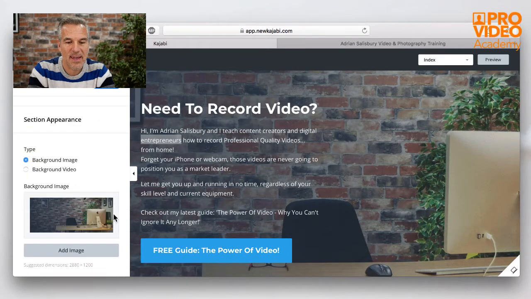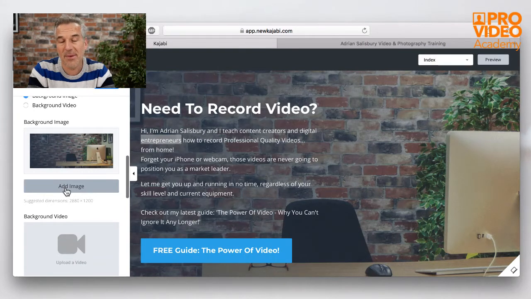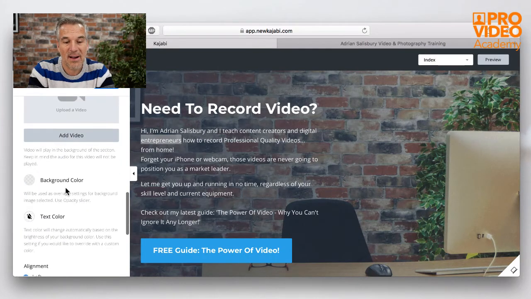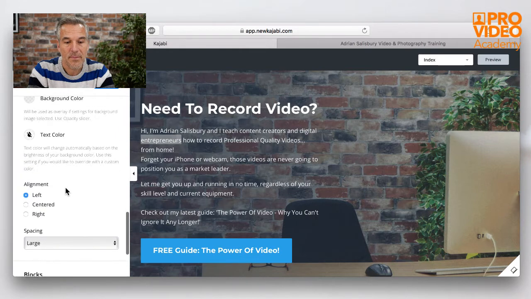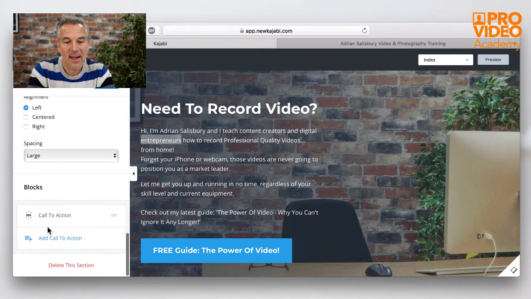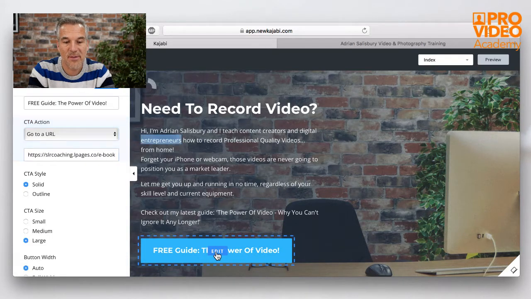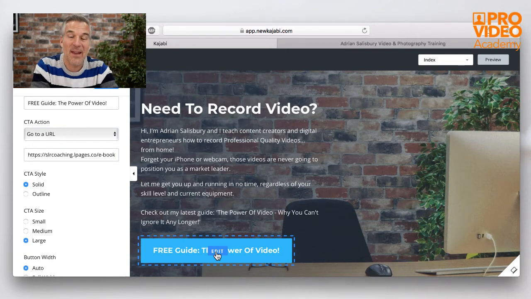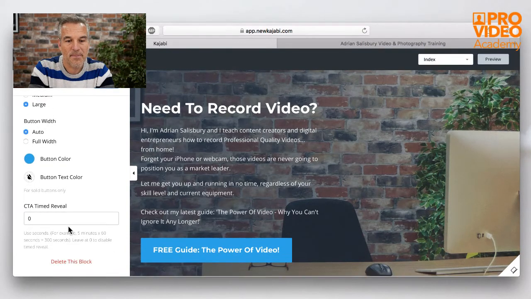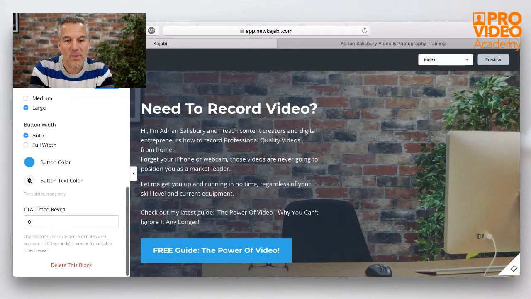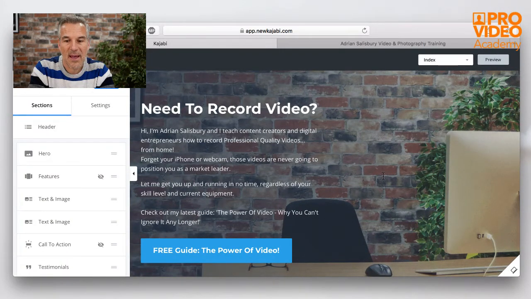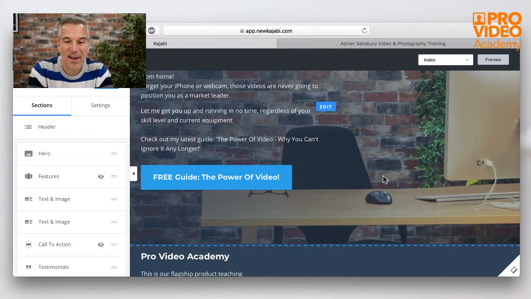It's asking me down here, there's my background image that I've uploaded. I could have had a background video. And then I have a call to action. So this is working down here. But again, it's as easy to jump over on the side, and the column on the left just jumps to wherever you are. So I can put in the title of it. What do I want it to do? It's going to a URL, and it's heading off over there. So yeah, that's the first sort of header part there.